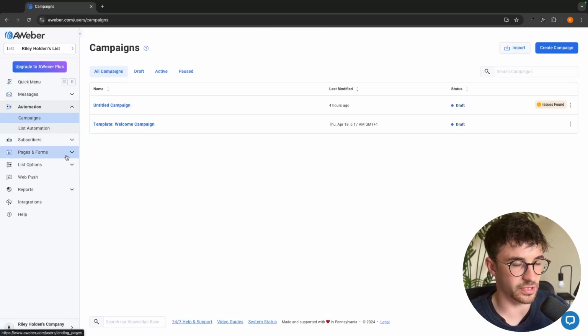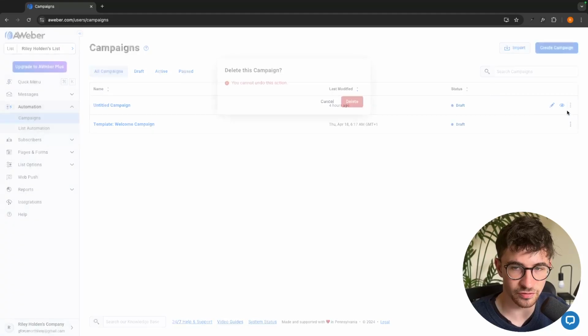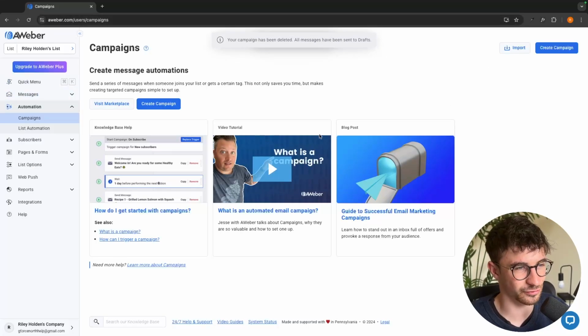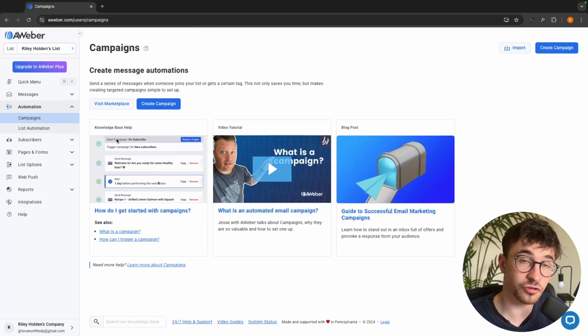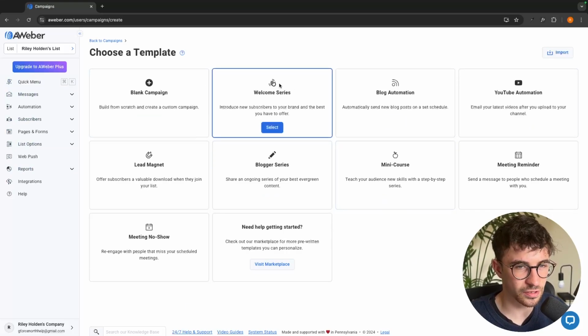Alternatively, we can go down here and we can create an automated email campaign. So I'm just going to delete these two that I was messing around with earlier. And this should be the screen that you are taken to. So what we can now do to create an automated email campaign is click right here on create campaign. And then we have a few of these different options. So we have like a welcome series, a